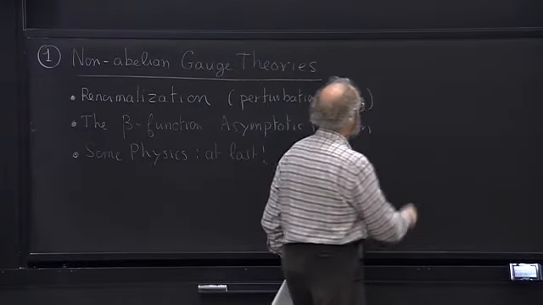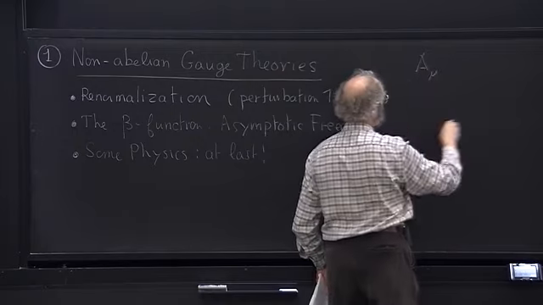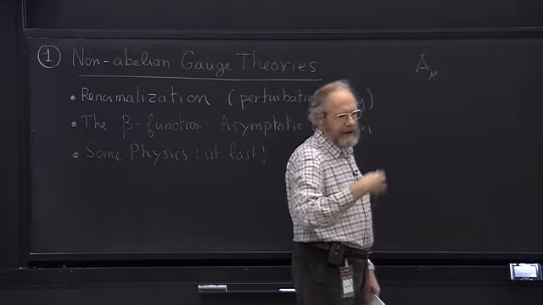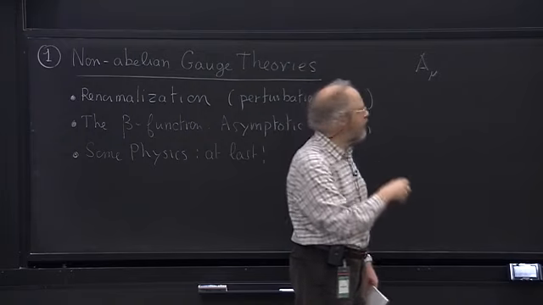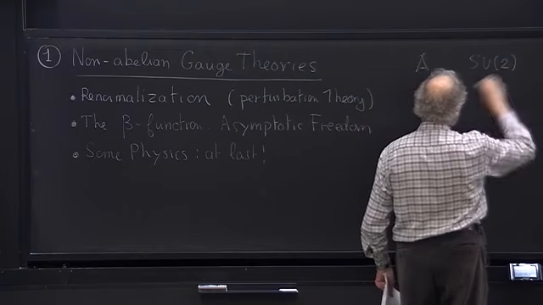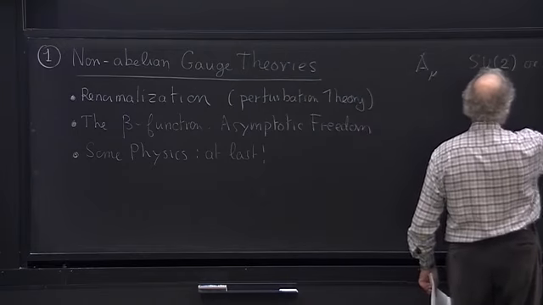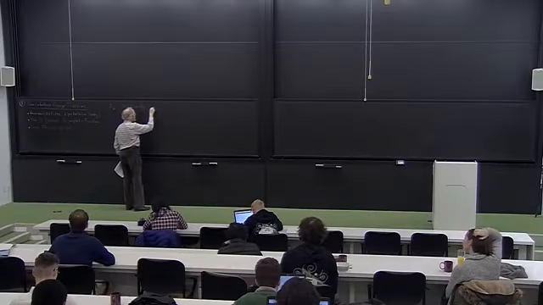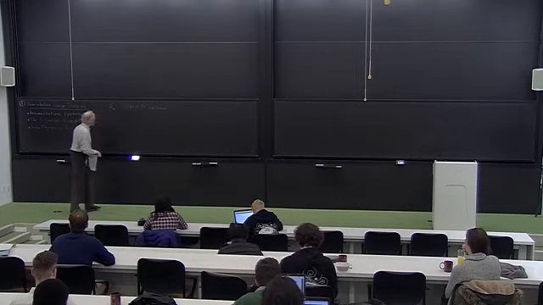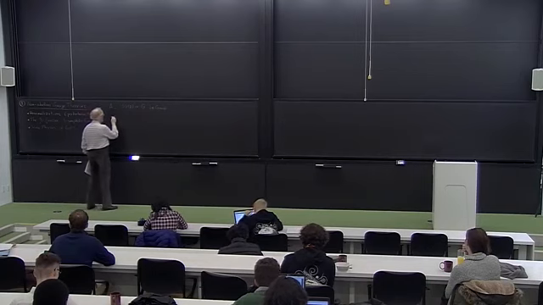So we have our gauge field, A mu, which belongs to the Lie algebra or to the adjoint representation of SU2. Well, I'm going to consider SU2 or a general Lie group. Okay. And we have the original Yang-Mills action,